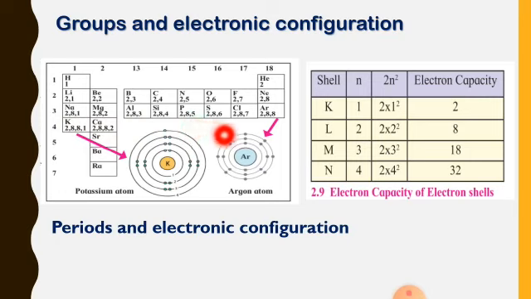So here what we have learned is that you have to fill the first shell with a maximum of 2 electrons, then the second shell with a maximum of 8 electrons. The third shell has a capacity of 18 electrons, but here the law of octet rule is applicable, so you have to fill the third shell only up to 8 electrons. Okay, and the remaining ones are there in the last shell, that is the fourth shell, the N shell.